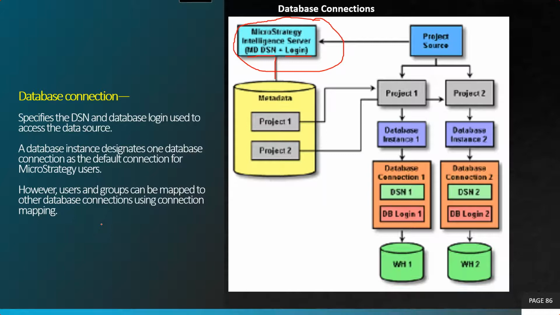You use a connection mapping if you need to differentiate MicroStrategy users from each other at the data warehouse level, not at the project level. This connection mapping helps you to segregate your users so that they are not going to hit unnecessary parts of your data warehouse. So it helps you to improve your performance as well.